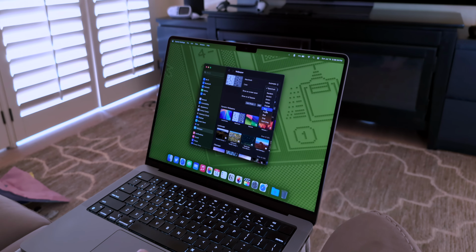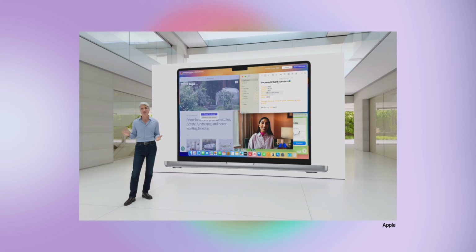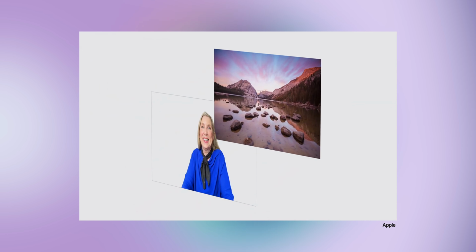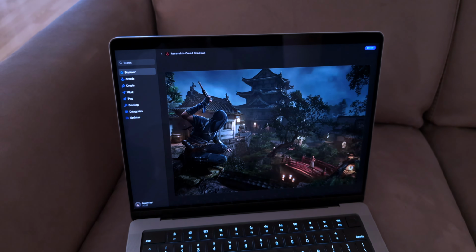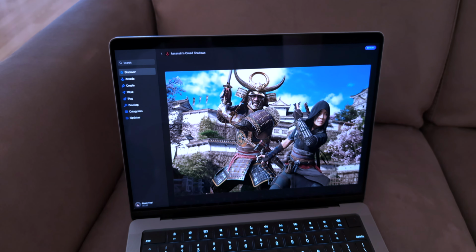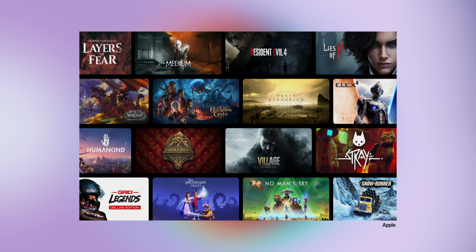If you do a lot of video calls, Presenter Preview will allow you to see what you're about to share before you share it, so you can share your whole screen or just one app. And with background replacements, you'll be able to have a nicer background during a video call. Games are about to look nicer thanks to Metal 3 and Apple Silicon. Console quality games will be available on the Mac App Store like Assassin's Creed, Resident Evil, and Dead Island.